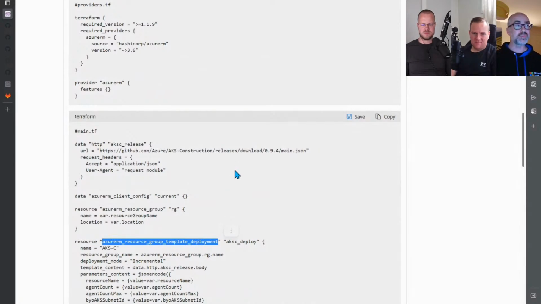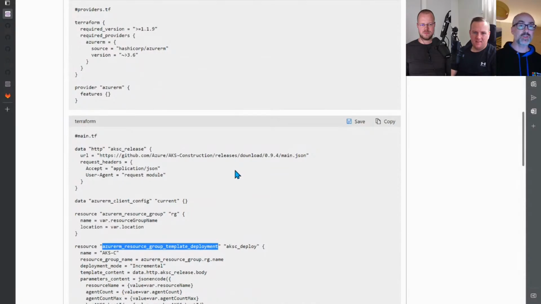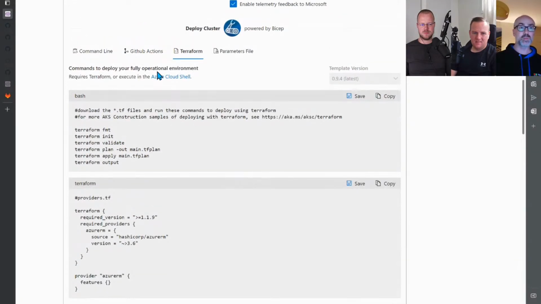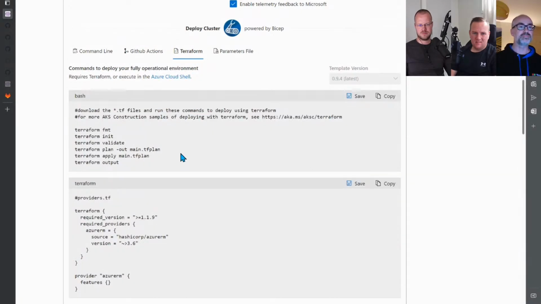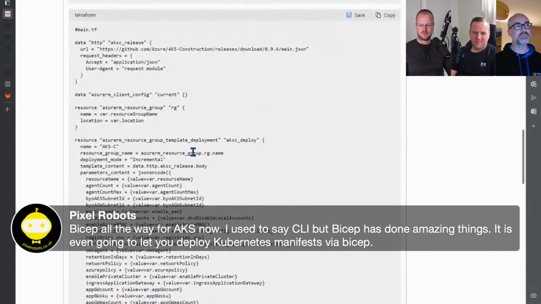So we've got it in there, and that was one of the reasons we wanted to drop the Bicep pieces, because we've got actions in there. We've got Terraform in there. That's right. Bicep kept us in a box where we were just wanting to break out of that box a little bit.